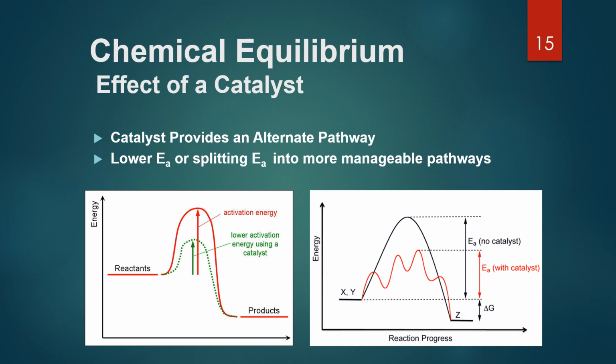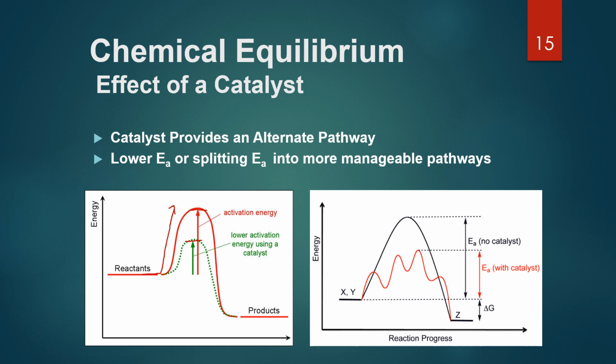So this is just showing two other examples of how a catalyst works. So let's look at a reaction coordinate diagram and how a catalyst can change the appearance of a reaction coordinate diagram. So in red, we have the reactants going to products. The activation energy being the distance from reactants to the top of the hill. So in red is without a catalyst. If a catalyst is added, that activation energy is lowered, and we're looking at the green pathway. Now the distance from the reactants to the top of the hill is much smaller, allowing that reaction to go faster.